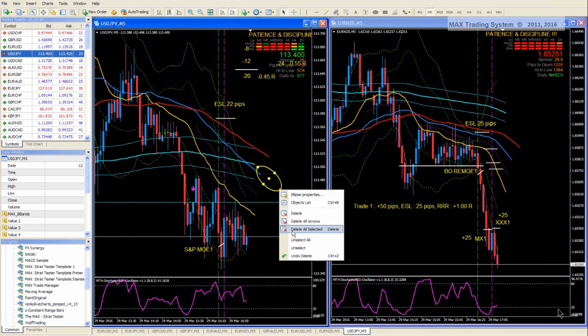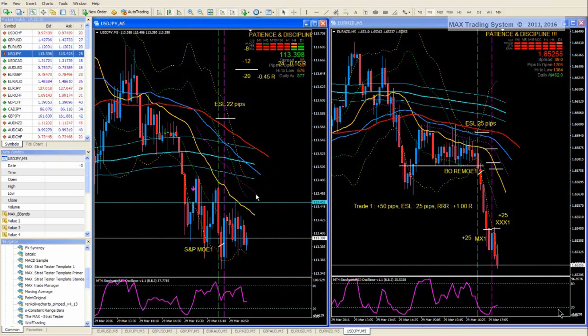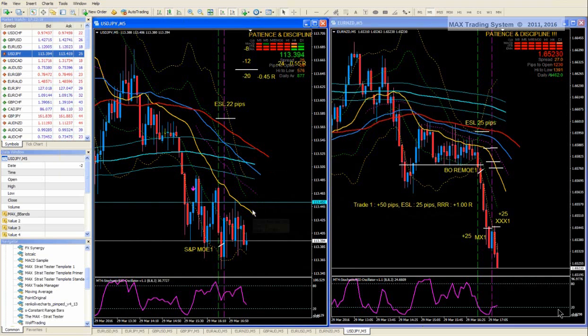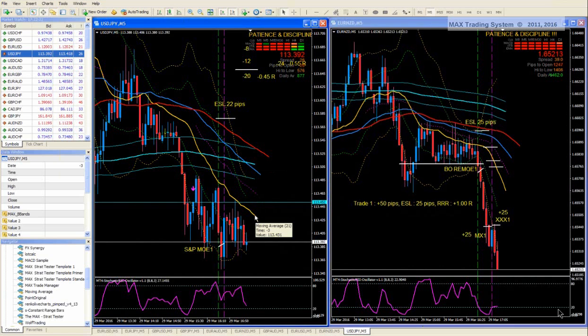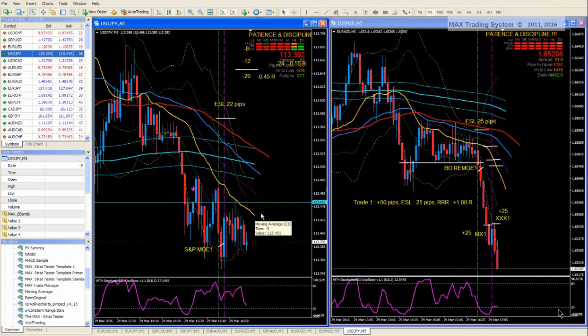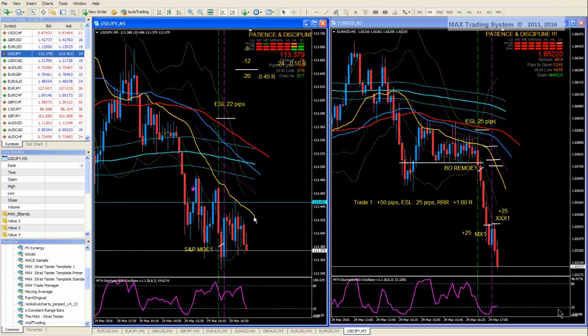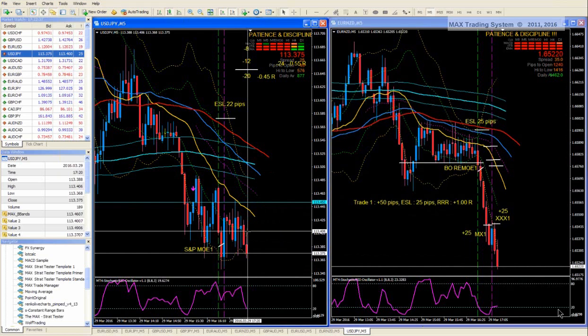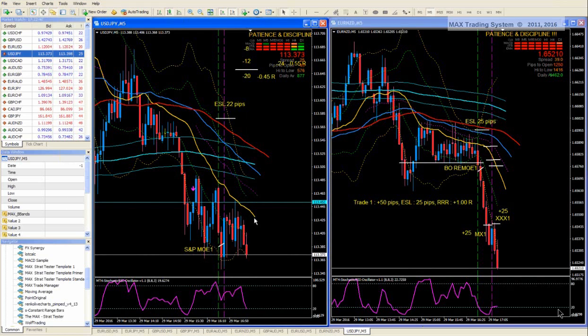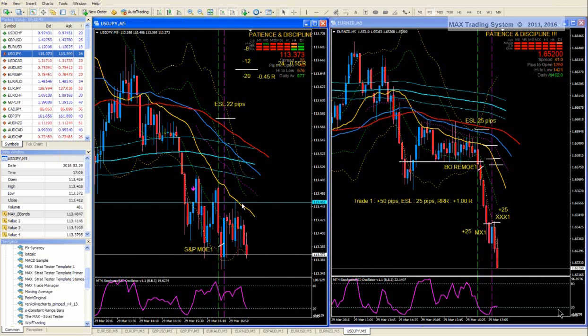Now, we are using moving averages. We know that the moving averages are lagging. Our moving average has a setting of 21 periods. This is very, very classical. So its lag is around half of 21, so 10 bars usually. And we also add a shift to the bar. If we draw a vertical line on the bar, the moving average has a shift to the right. The shift is 3. So we add to the lag. So not only are we using lagging moving averages, but we still add to the lag.